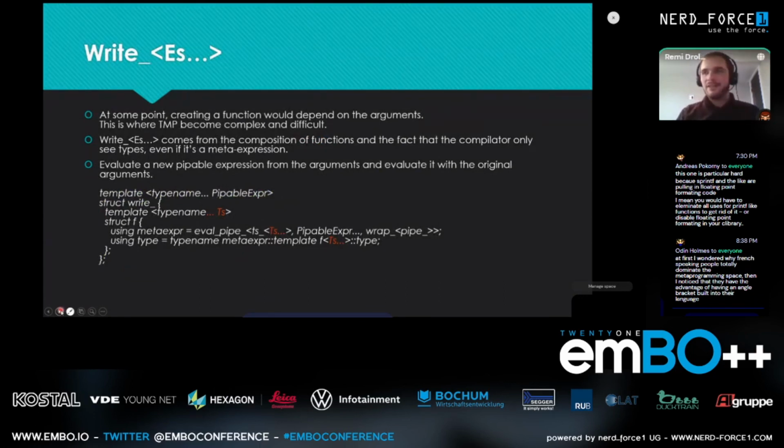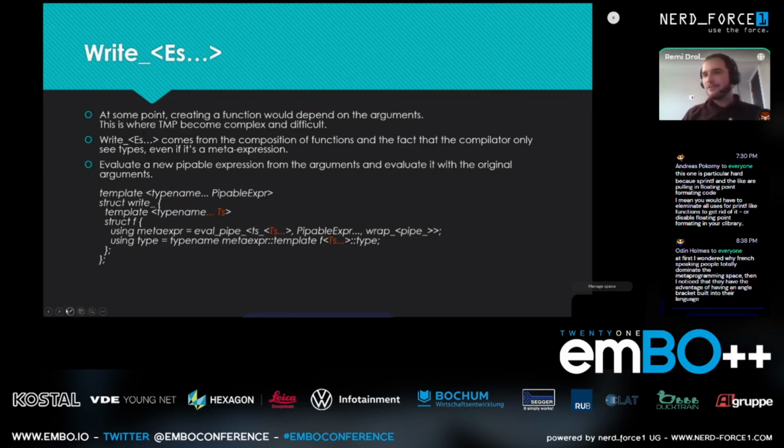So okay, it's difficult to explain very simply. But basically, I take the inputs, I create a meta expression with those inputs, and then I evaluate it with those inputs. And that's basically what I do. Write takes a series of meta expressions that will create another meta expression and then evaluate it. It's better with an example, but it's extremely powerful. Technically, I can write any meta expression with my arguments.